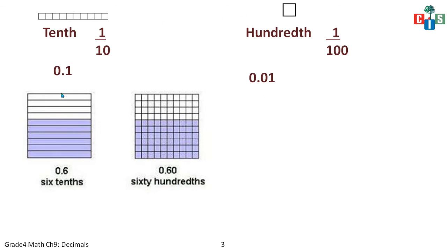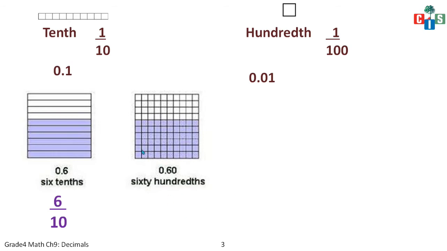Now let's see, visualizing the figure, how the colored part is written. See, this first block is divided into 10 and 6 is colored. So you will write 6 parts out of 10, and उसका decimal कैसे लिखते हैं? 0.6, and it is read as 6/10. Now kids, the reading part I'm going to take in the next video. In this video we are only going to see writing of the decimals, खाली writing कैसे करना है figure को देख के.